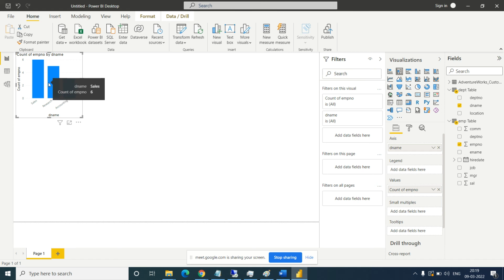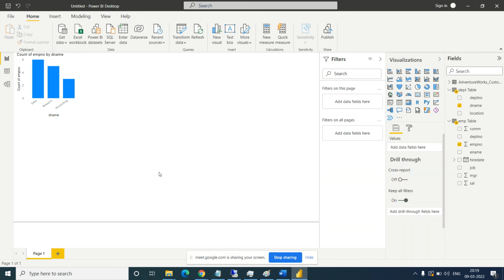So 6 plus 5 is 11, 11 plus 3 is 14, right? Total 14 employees are there: 3 employees from accounting, 5 from research, and 6 from sales. So this is how we need to create a report based on the two tables.